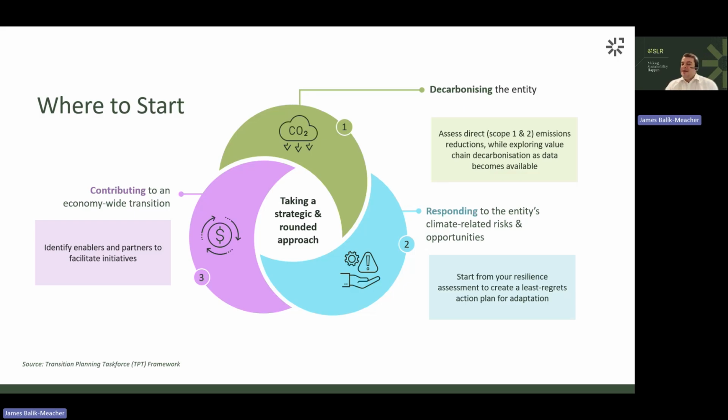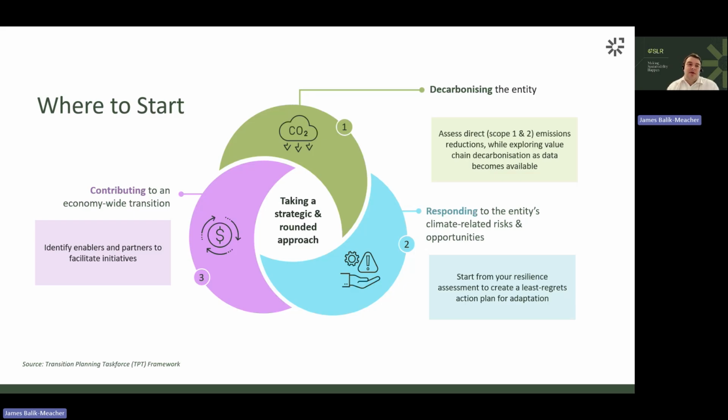You don't need to, again, completely reinvent the wheel in terms of how you're going to disclose within a transition plan. And what you can also do is start with those low risk options. So those no regret options that you know are going to improve your resilience, are maybe low capex, and that you can start to work on now. And then think about those bigger, more fundamental shifts further down the line.